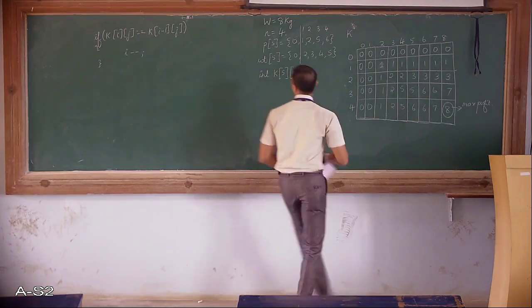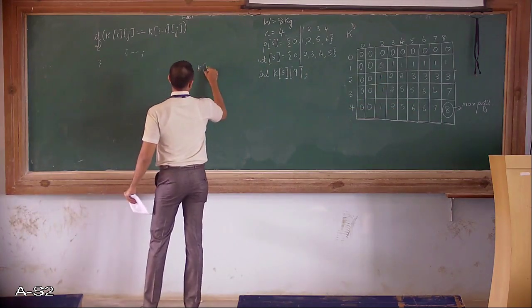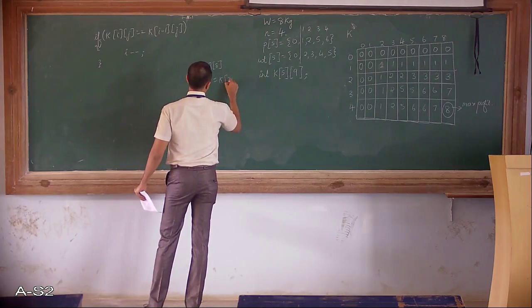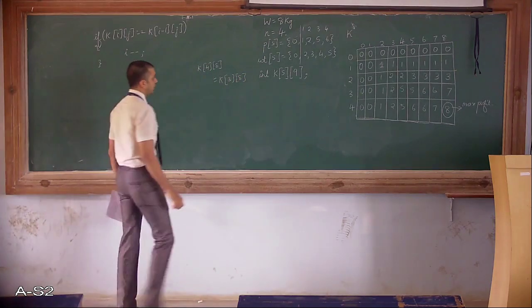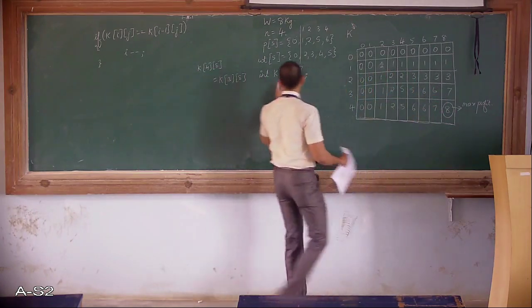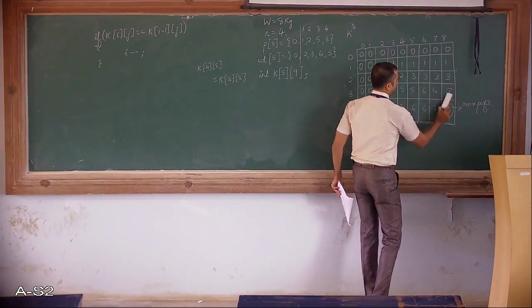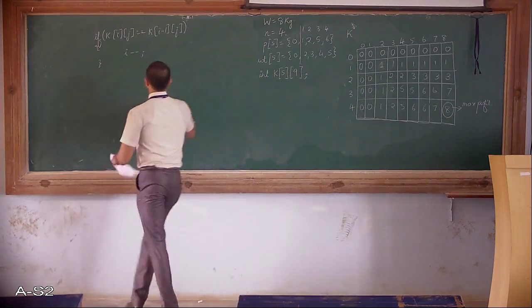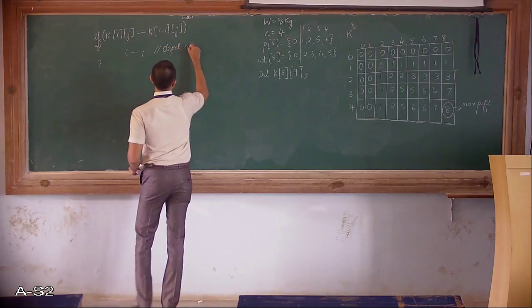We are checking. This value is 4, 8. So k of 4, 8. We are checking whether it is equal to 3, 8. What is present in 3, 8? 7. So it is not equal. If these two values were equal, if it was 8 present over here, what did we do? We moved to the previous row, which means that this object is not included.